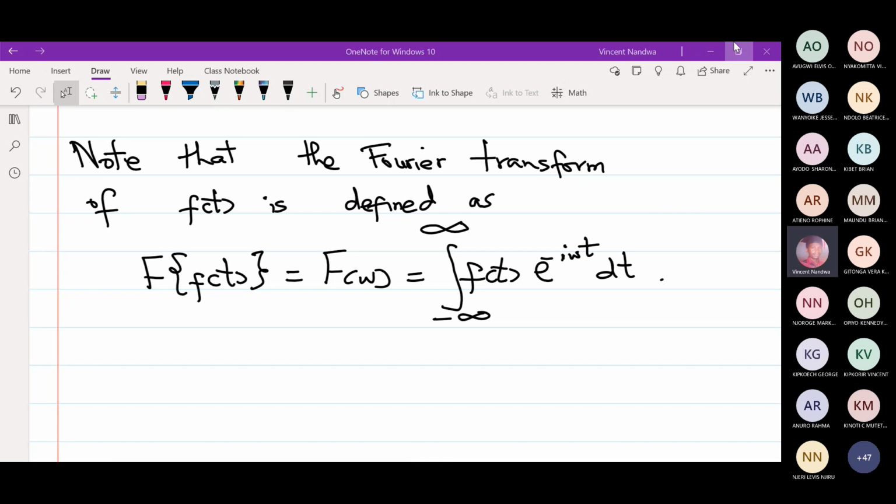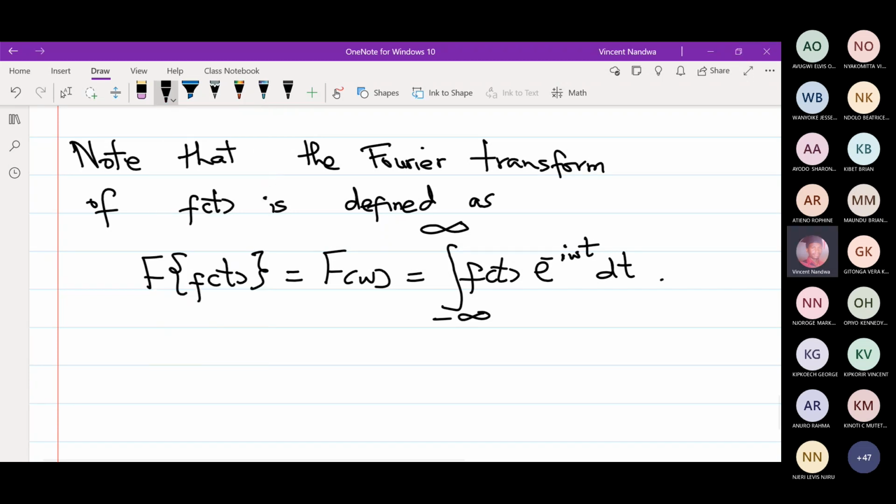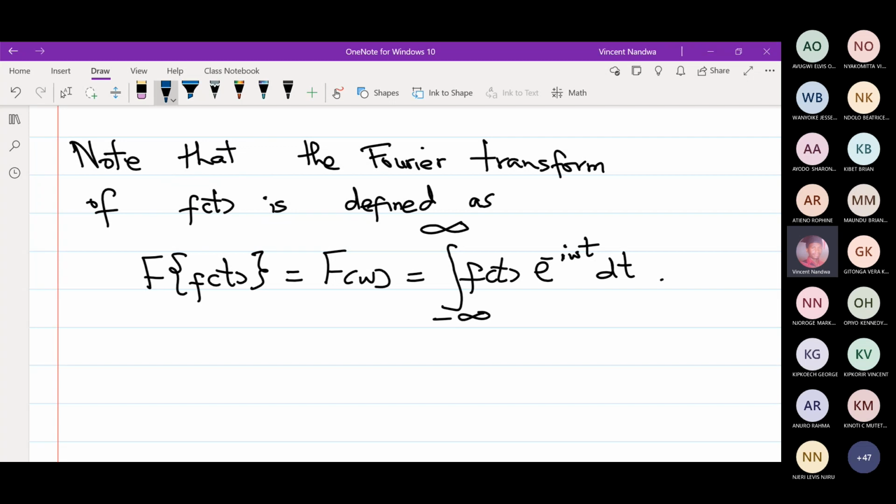So note that the Fourier transform of a function f of t from our previous discussion is given by the integral from minus infinity to positive infinity, the function f of t multiplied by e raised to power negative i omega t dt. And even before we do some specific example on how to compute the Fourier transform, you recall that